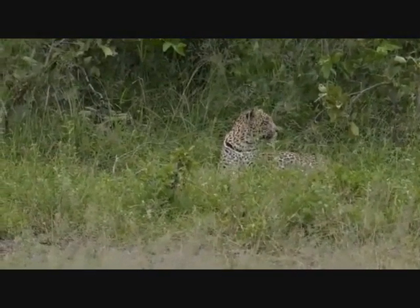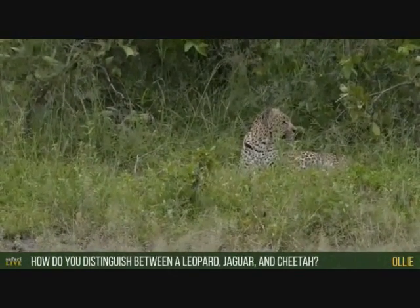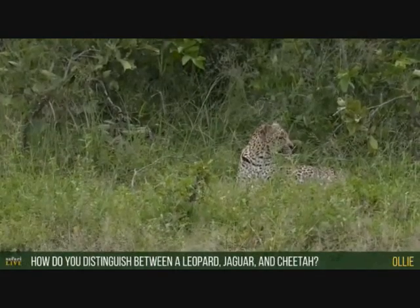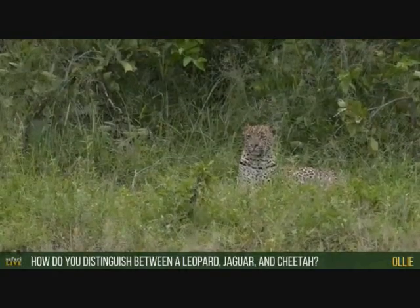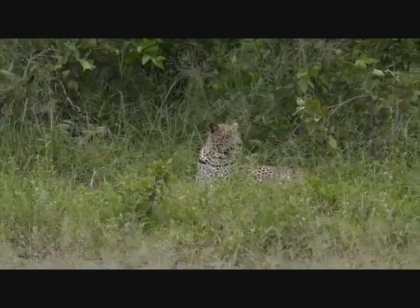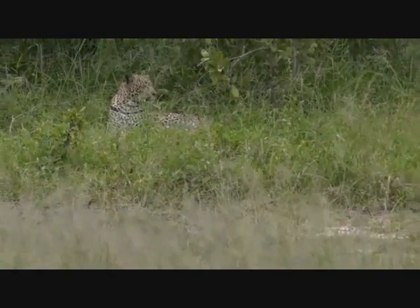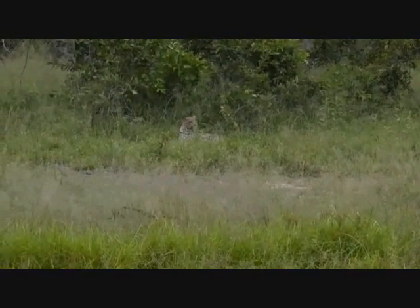Alright, now this is a really good question from Ollie. Ollie, while we look at that leopard, you're saying, how do you tell the difference between a leopard, a jaguar, and a cheetah? Well, a leopard and a jaguar have very similar shaped spots or rosettes. We call them rosettes because the spots are formed in a circle around a sort of discolored or copper-colored center. And if you were to look at a jaguar, you'd find that that rosette is much larger, and